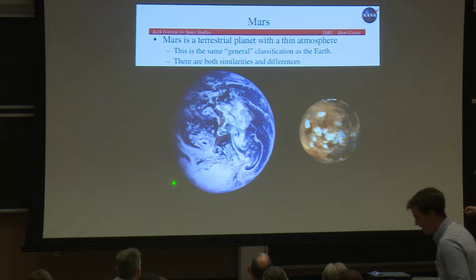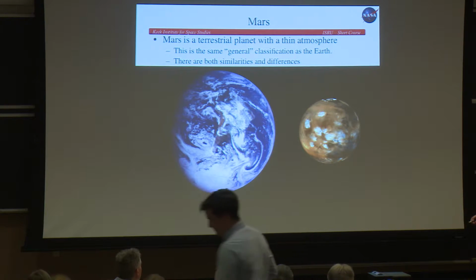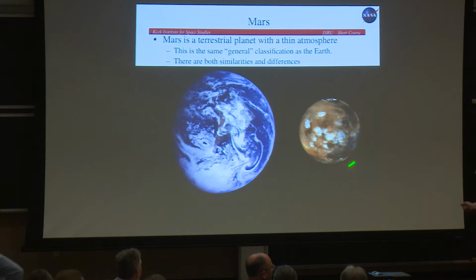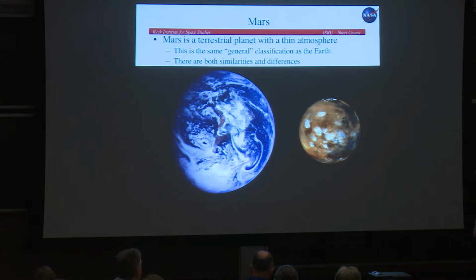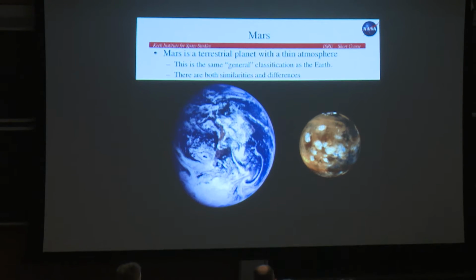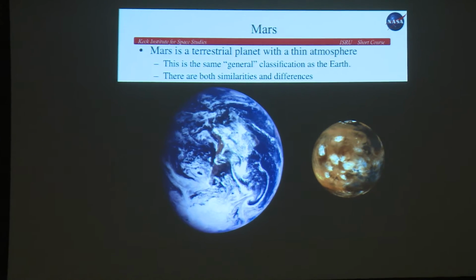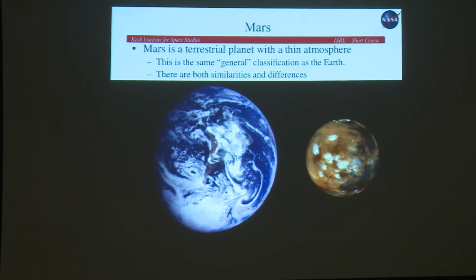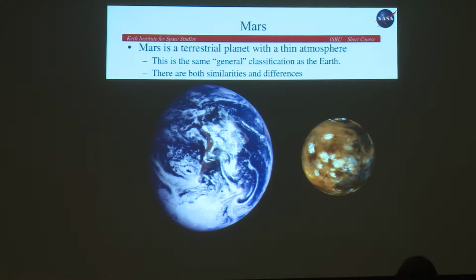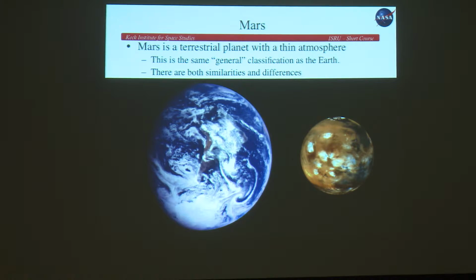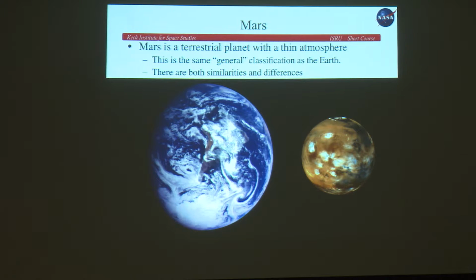As you can see, there are many things that are very similar between them, but there are also some differences that jump out at you. The first difference is basically the size of it. While the sizes are different, it's interesting to note that Mars actually has more land surface than the Earth, primarily because it does not have any oceans on it, which is the second thing you will notice. It doesn't have any of the blue. It has no significant amounts of liquid water, perhaps even no liquid water at all at present. The size actually, in terms of the surface itself, doesn't have a huge impact because it primarily just affects the gravity, which is a second-order player in most things.